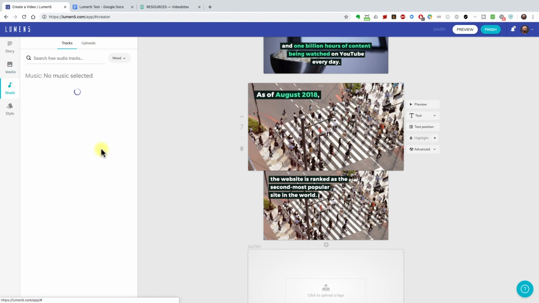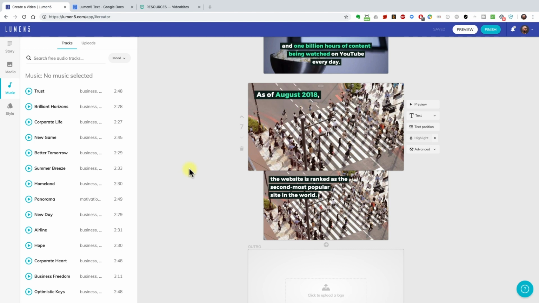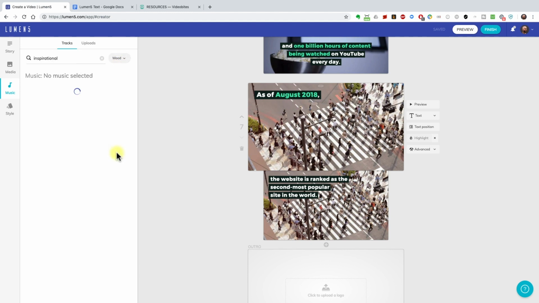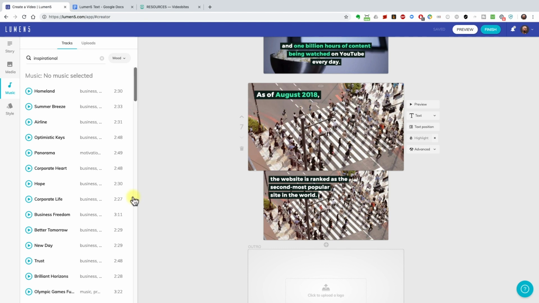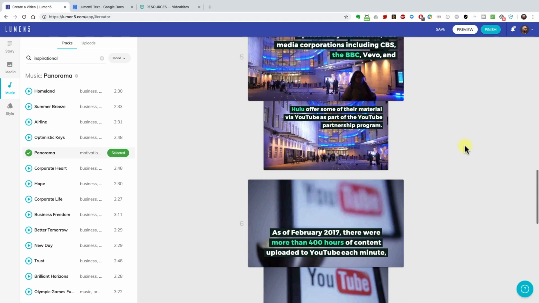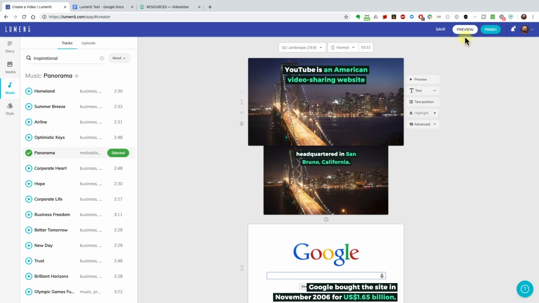If we go a bit further down, we can add some music. So at the moment, it's completely bare of any audio whatsoever. But let's filter to a different type of music. Let's choose some inspirational music. Try this one. Sounds fine for what we need, so I'll click on select. And we've added our music. So if we now preview this again and click on preview,